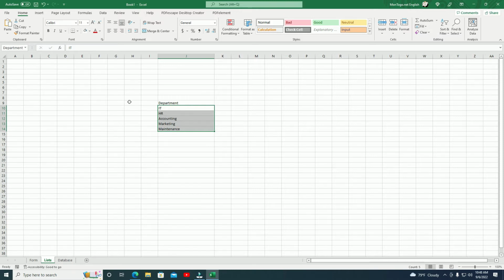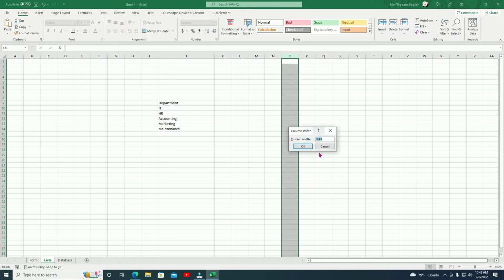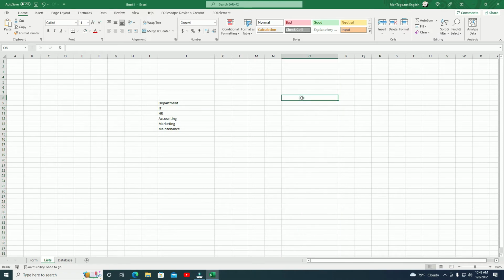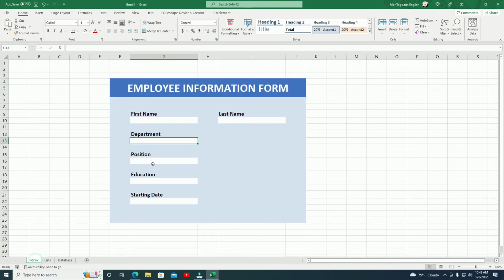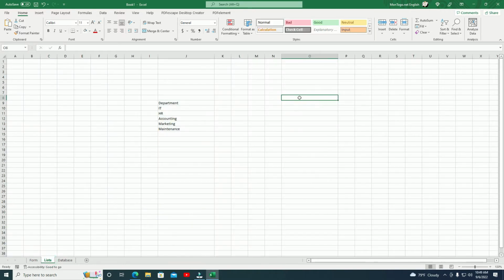Okay, so I can also make my second list maybe here. Also format the column, make it also 30. And then I will refer to my form. So the list I made will be for this box here. So and I'll make another list for education. Okay, so I'll go back to my list and then education. Okay, and I can start with a